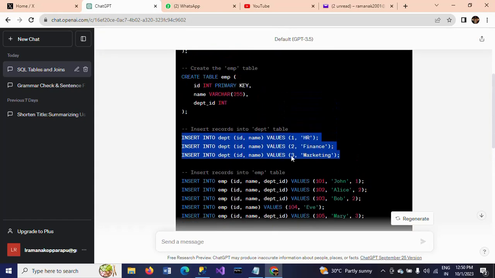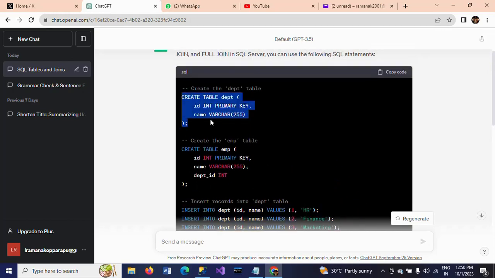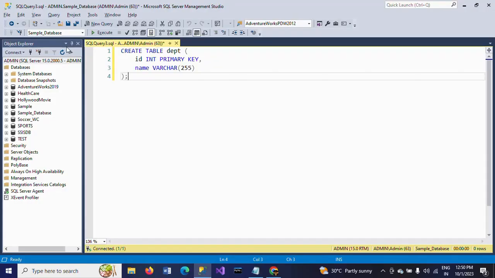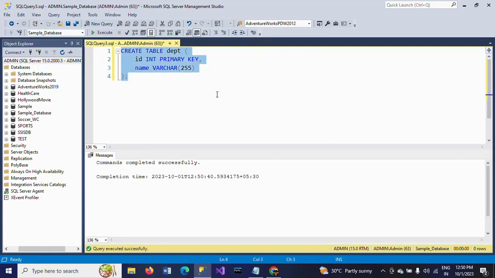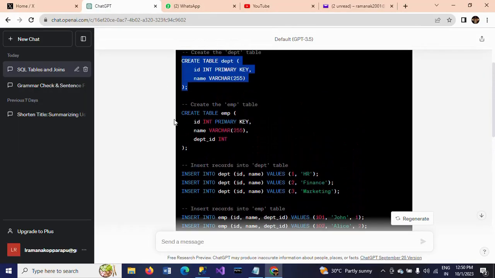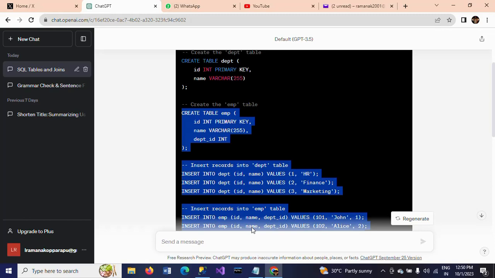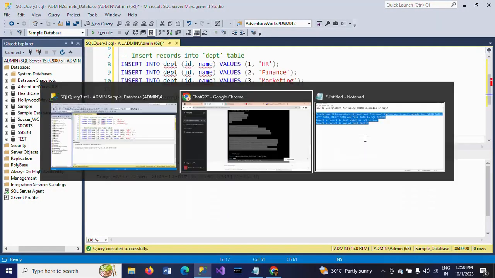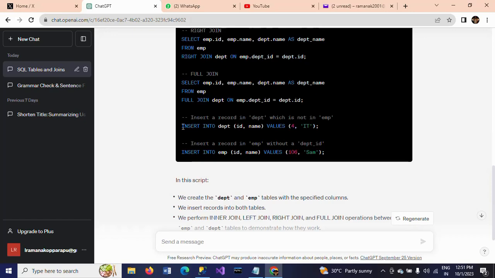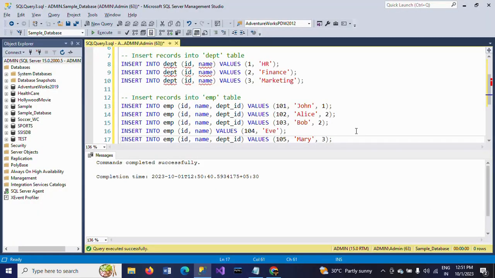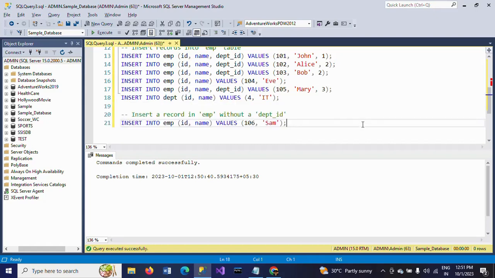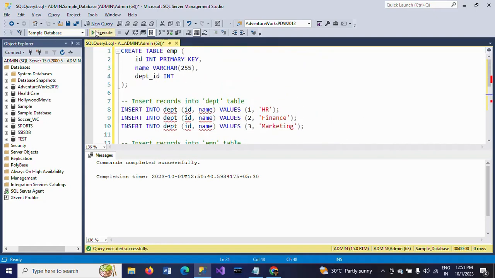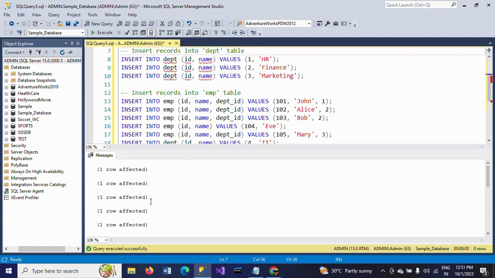Now I will paste this entire script. First I am taking the script. The employee table is created and the department table is created, and second I am taking the whole script up to this. In addition, I am taking these two scripts as well. Now I am executing the script. So everything is